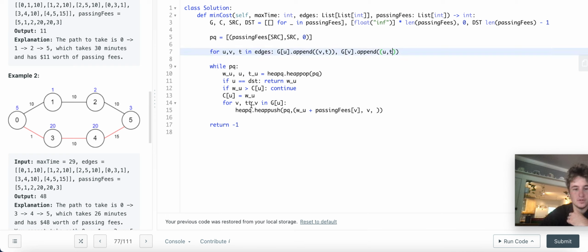All right. So this is the time of V, which we're not using yet, right? Because the cost to get to the next node, if we're trying to minimize the passing fee, is the current cost to get to me, which is WU, plus the cost, the fee of using V. Okay. But what we're going to add as this additional constraint is every time we add a node, we'll also add information about T of U plus T of V, right? Because that's how much time it's taking to get to the next node. And then what we can say is, well,